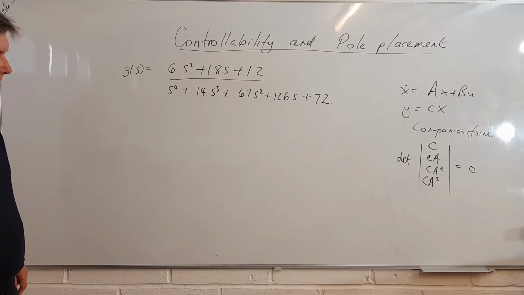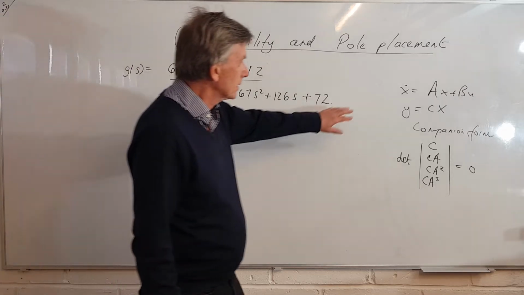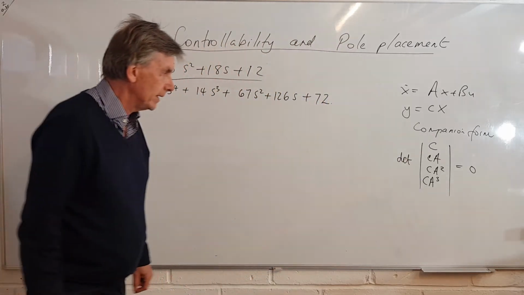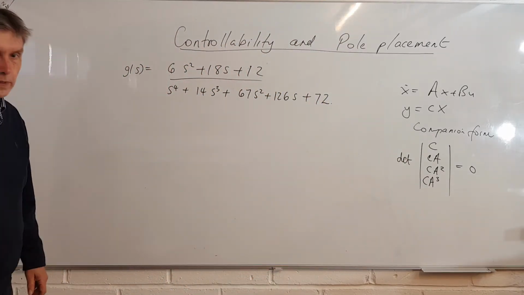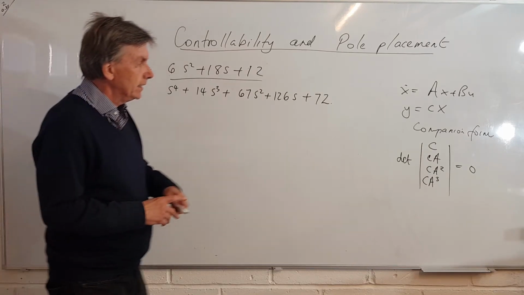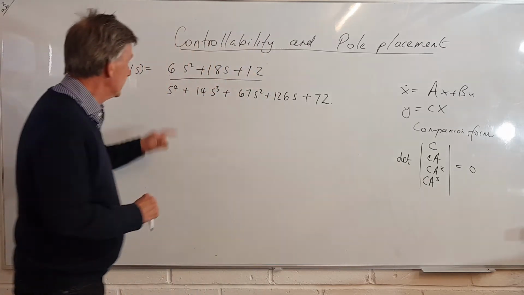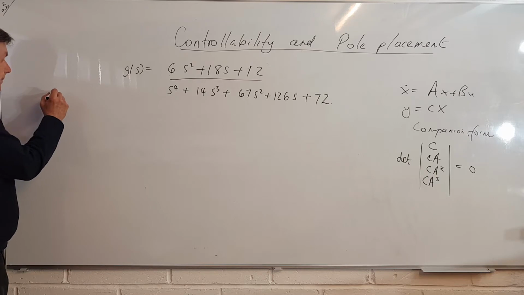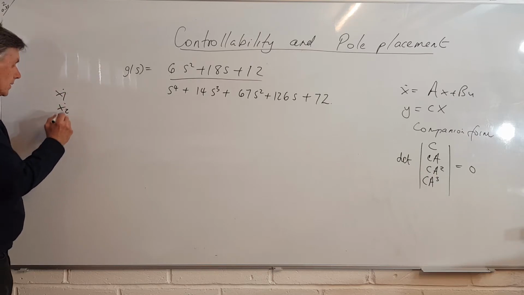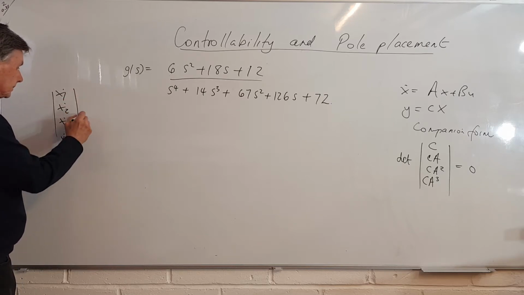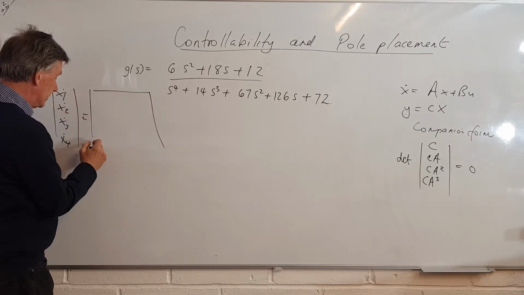So this is going to be our little calculation, and the first thing we're going to do now is to compute some state space equations, and then we're going to compute this matrix here and then hopefully show the determinant is 0. So we can do this routinely in companion form. The first thing we do is fourth order system, so it's going to be 4 states. So we'll start on this side. So we have x1 dot, x2 dot, x3 dot, x4 dot, and we'll have a 4 by 4 matrix here